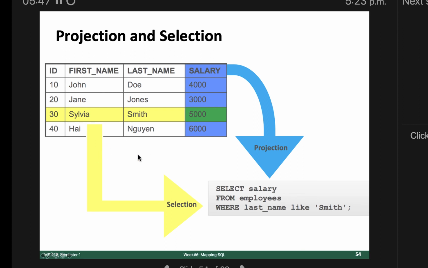But I only need employees having salary greater than, let's say, 4,000. What would be the first word of the SQL query?